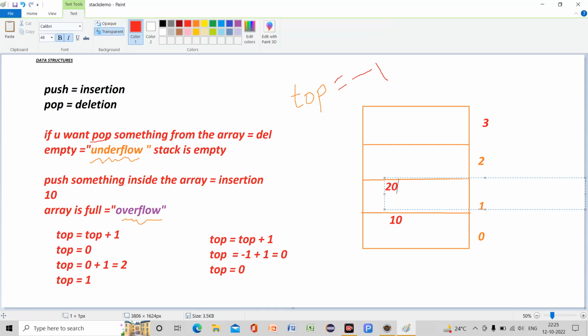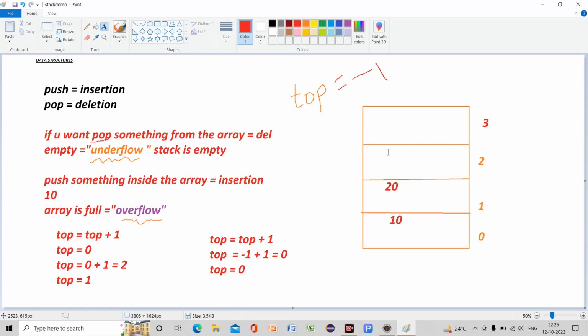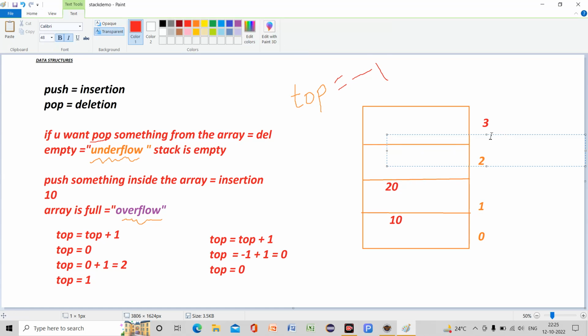Unnecessarily silly things I am saying. Chalo. This much you are able to understand. Now again this format will be running. What will happen now? Now top